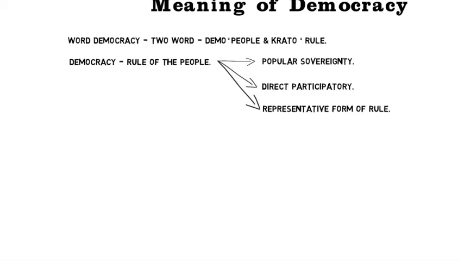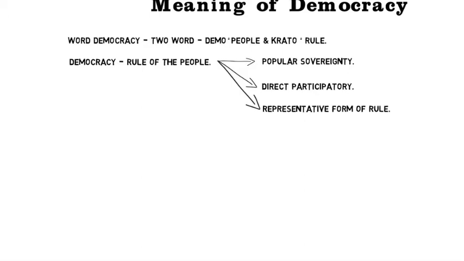Similarly, it is also called direct participatory democracy. Now what does direct participatory mean? That means here people play a role directly in the system. Like in olden days we had Greek democracies where the population was small and people would be called together at one place, and people would directly participate in making laws, in making policies, and so on. And therefore democracy is rule of the people, wherein they have direct participation.